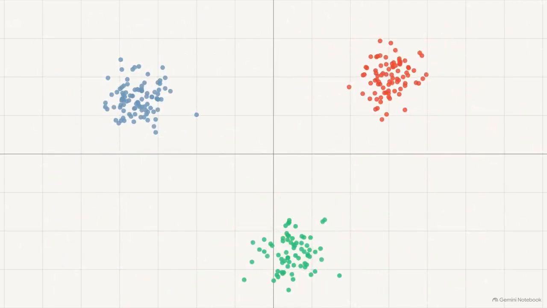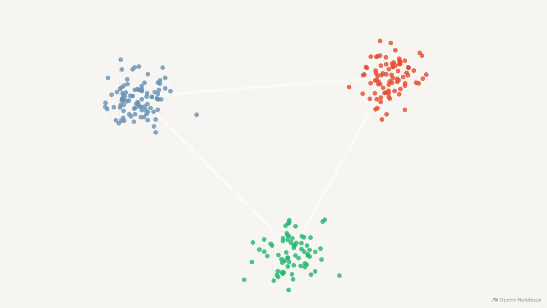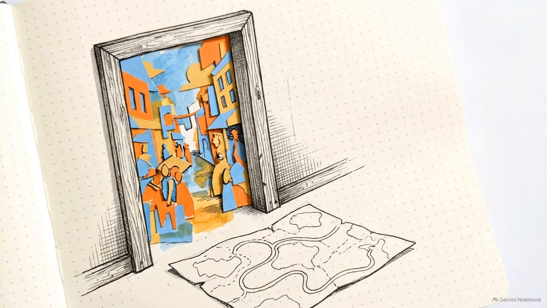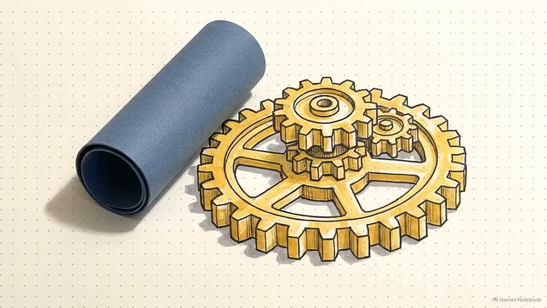This scatter plot shows how an algorithm processes information. It maps abstract data points, grouping nearby dots into clusters based on mathematical proximity. The result is a representation, a structural map preserving statistical relationships while leaving physical context behind. Because these representations are only maps, they are limited. They can only reflect what was recorded, and they remain blind to whatever reality was left outside the doorway of the data. A map alone is static.